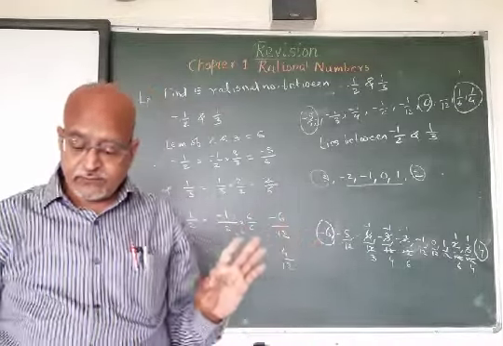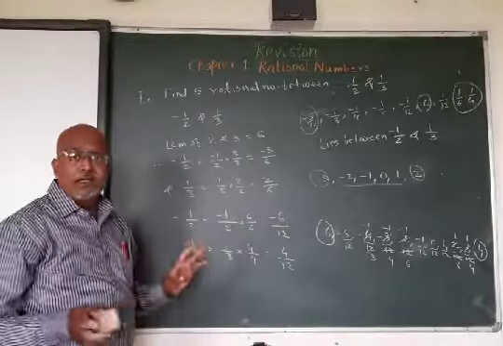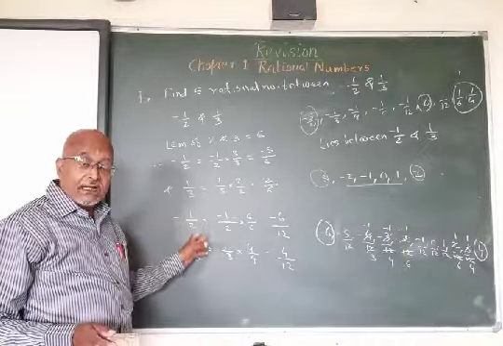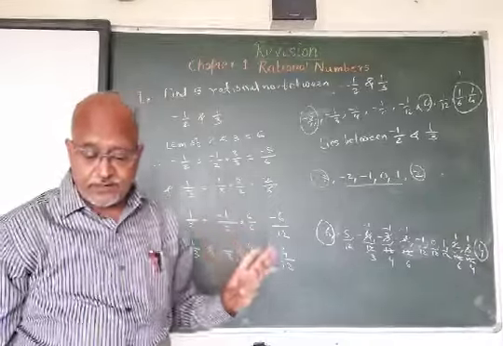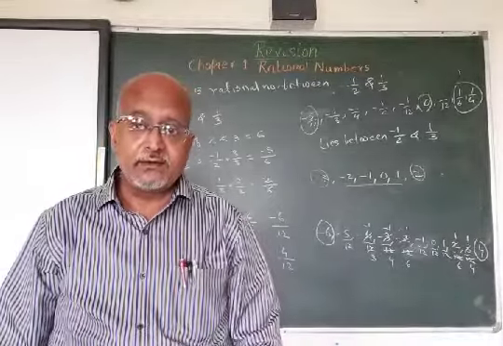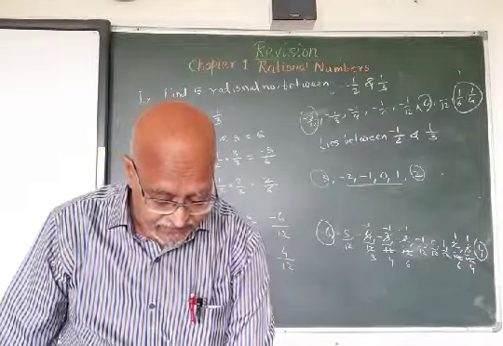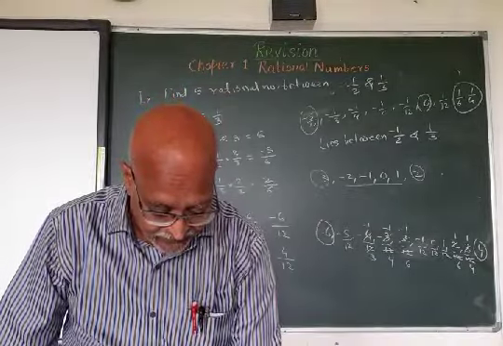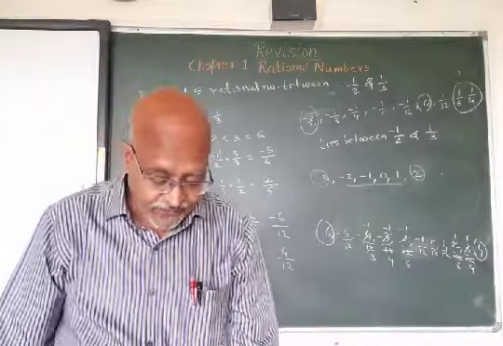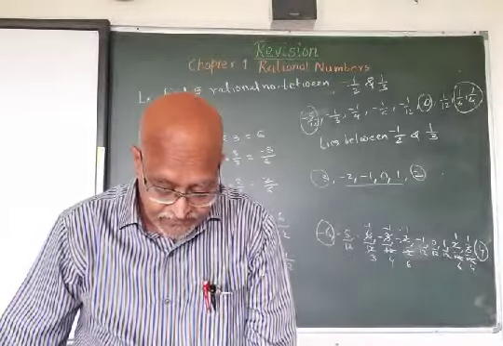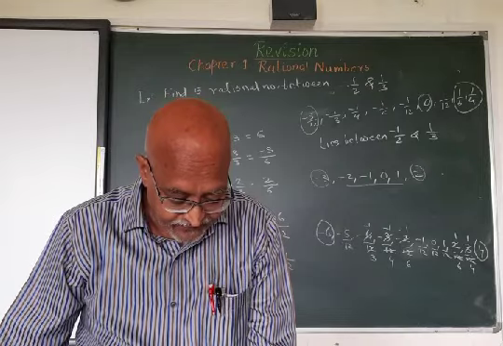Got it clear? So this is very very important. These types of numericals are going to come in the exam. So get a good practice of these things so that you will be able to solve whatever numerical is going to come. One more word example we can have: 5 rational numbers greater than minus 2. You have to find 5 rational numbers. Before that, one more numerical we'll see.